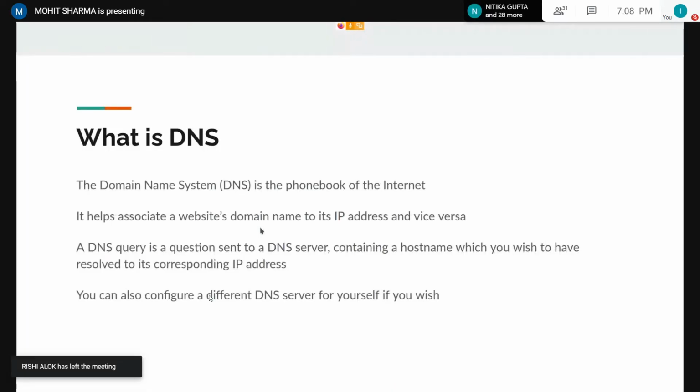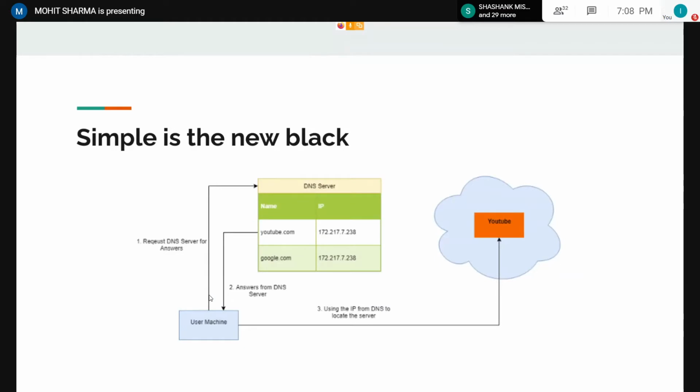First things first, in order to access a website or for that matter any resource on the internet, you need its IP address. But IP addresses are really hard to memorize, at least in comparison to user-friendly host names. So DNS does the heavy work for you by maintaining a registry of host name to IP address mappings. For example, if you wanted to access a website, say youtube.com, you could send a request to a DNS server. It would return you the IP for that corresponding website, which you can then use to communicate with the website directly.